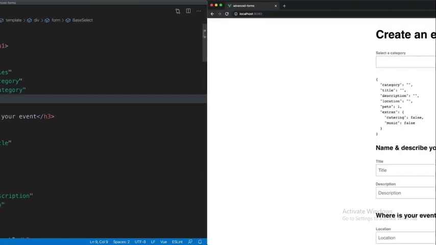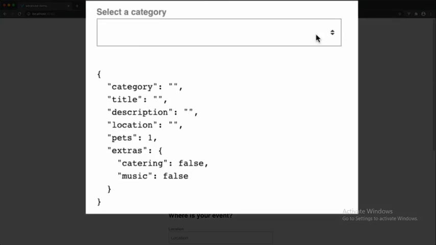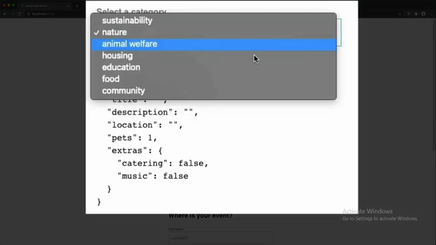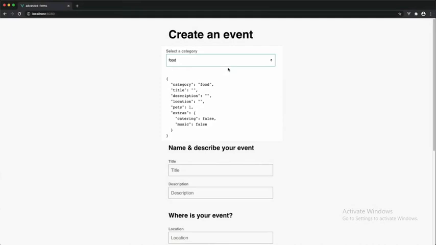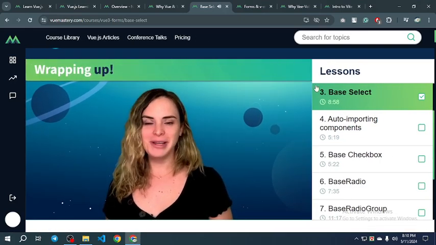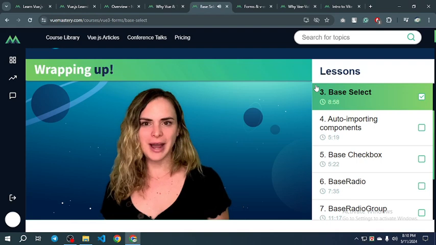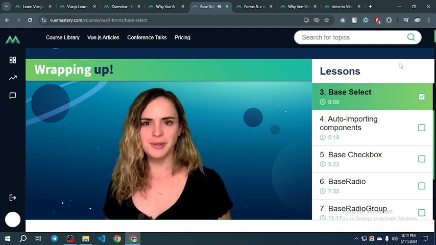If we check out our form in the browser, we can see that our dropdown still works as expected, now powered behind the scenes by our reusable form component. In this lesson, we learned how to create a reusable base select component. Have you noticed that we have not been importing either base select or base input into our simpleform.view component and